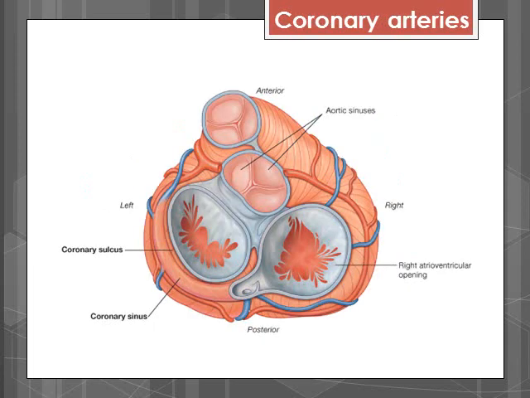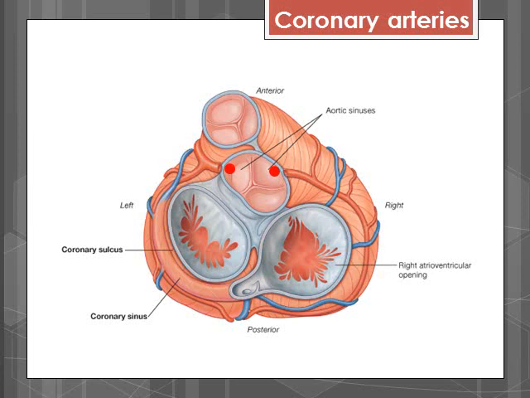This is the superior view of the heart, the anterior, right, posterior, and left aspects. We can see here the aortic sinuses, which are three dilatations above the aortic valve at the beginning of the ascending aorta. We have anterior aortic sinus and two posterior aortic sinuses. The right coronary artery originates from the anterior aortic sinus, but the left coronary artery originates from the left posterior